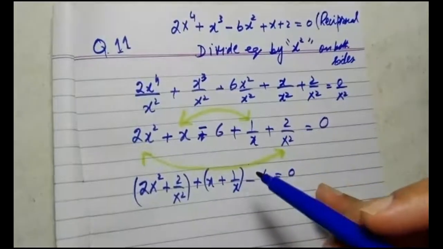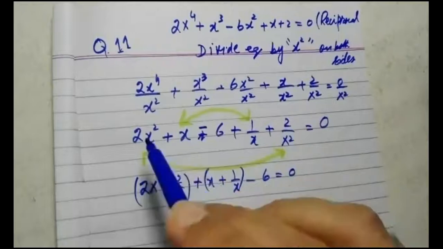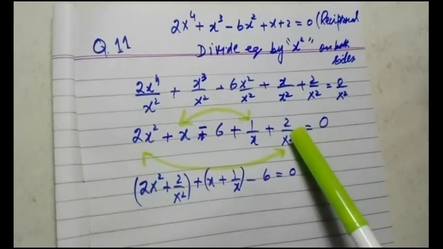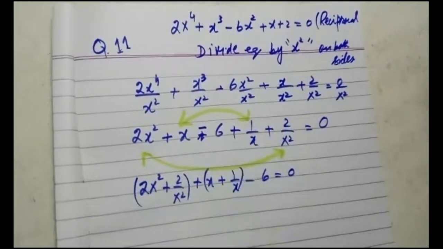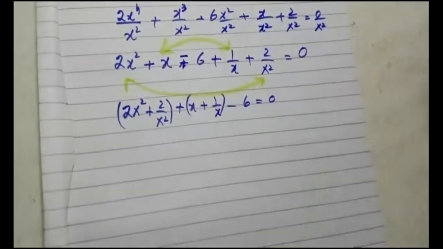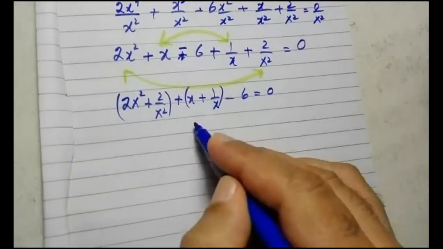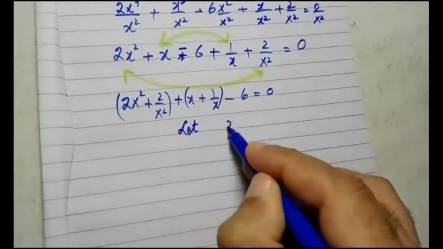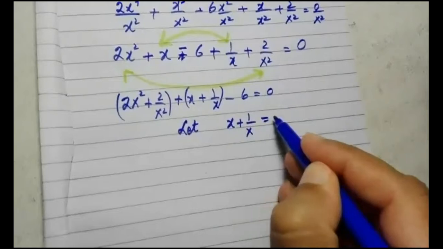So once the cancellation is done, you will get such type of terms in which you have to rearrange the terms. The x square term will be paired up with the 1 over x square term, and x and 1 over x will be paired, as I have just done. Now, for the further simplification, what will be the procedure? Please be careful. You will let, or substitute, the middle term x plus 1 over x equals to some variable t.